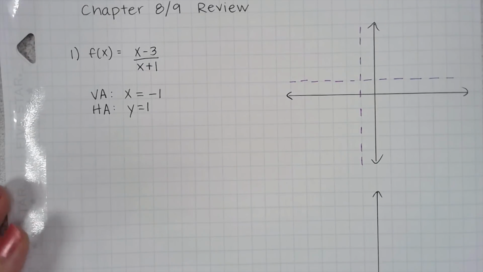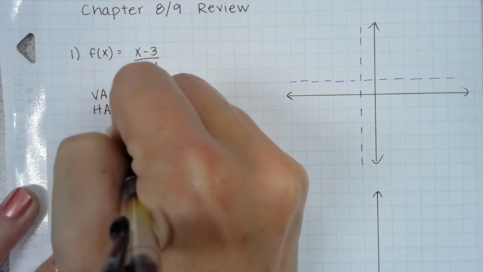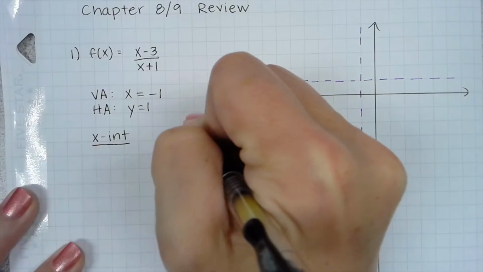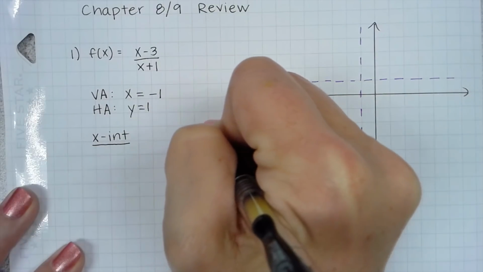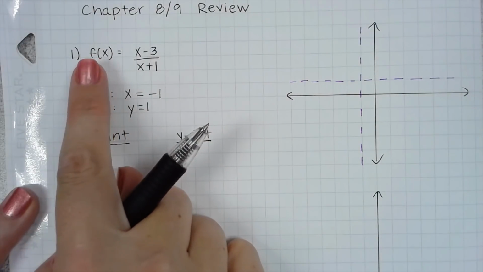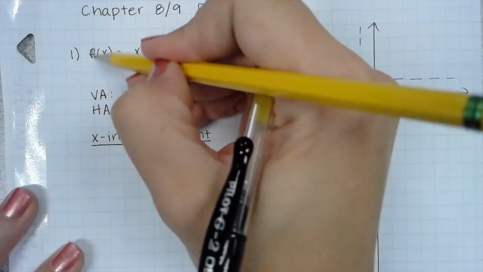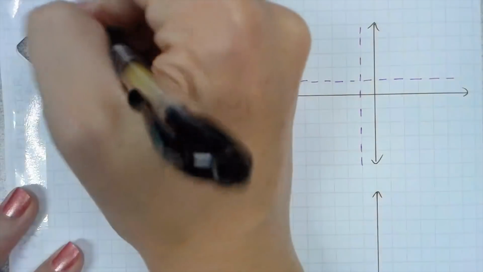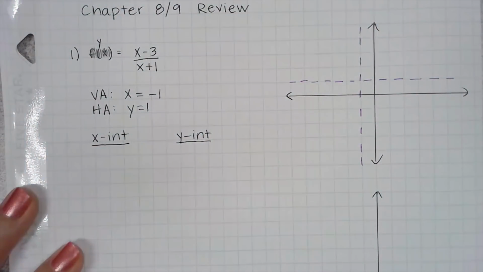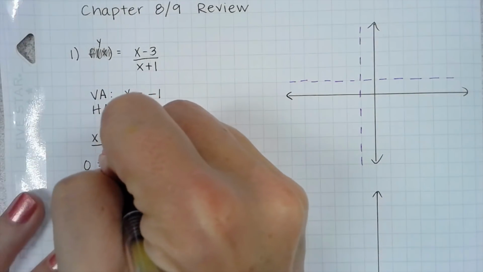So when I find my x and y intercepts, depending on how your teacher showed you this in class, when I find my x-intercepts, I'm going to put zeros in for my y, and when I find my y-intercept, I'm going to put zeros in for my x's. Remember that f of x right here is just the same thing as y equals, so if you want to, you can scribble this out and write that this is y equals right here, and it just means the same thing. So to find my x-intercept, I'm going to put 0 in for my y, and then I'll solve the resulting equation